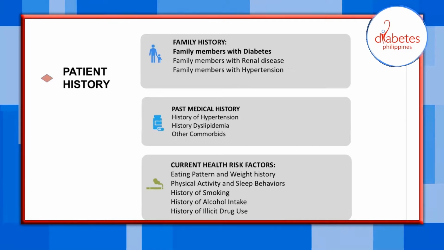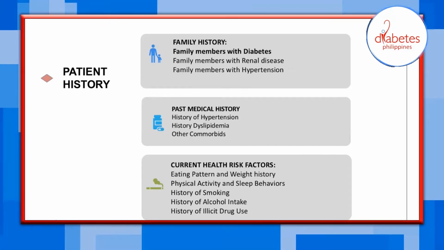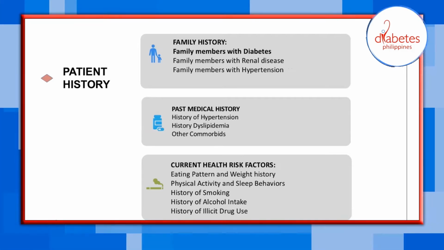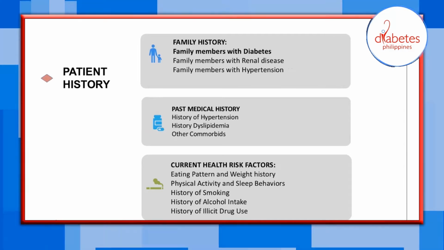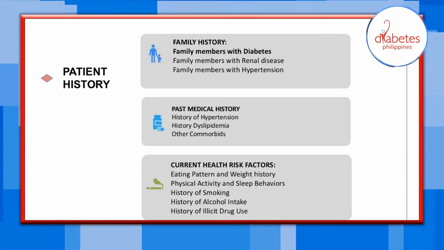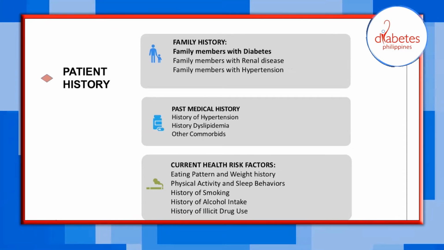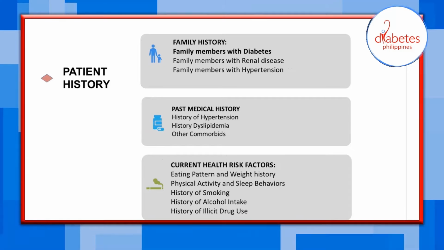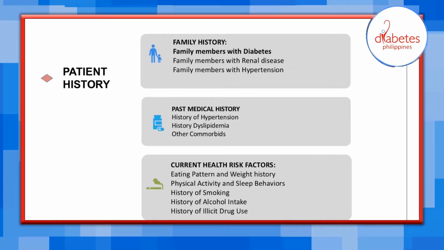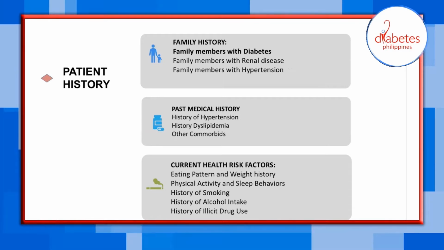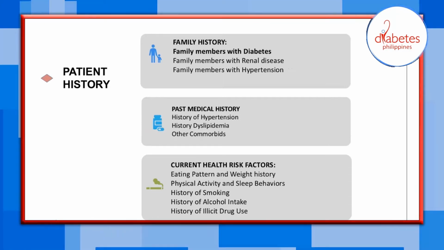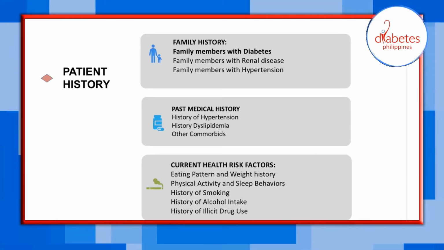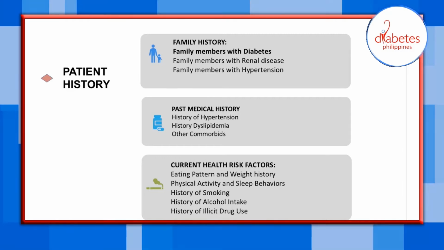Next, you have to inquire about the family history, past medical history, and the current health status. So for the family history, you have to inquire for family members with diabetes, renal disease, or hypertension. For diabetes, there's familial clustering of diabetic kidney disease, and diabetic end-stage kidney disease has long been recognized. For renal diseases, some kidney conditions may be inherited, such as polycystic kidney disease. And CKD has a familial predisposition, as reported by McClellan et al.,